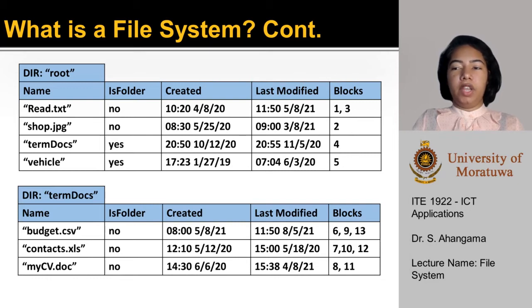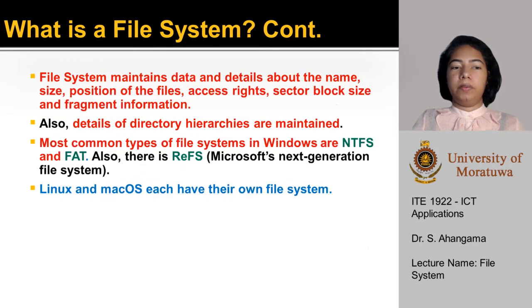As shown in this figure, the details of the files within the subdirectories are also kept. As shown, some of the files are stored in multiple blocks, which may or may not be in consecutive blocks. If we use the search box just to the right of the start button, it offers quick access to the local file system. As mentioned before, the file system maintains the name, data, and meta information like file creation, date